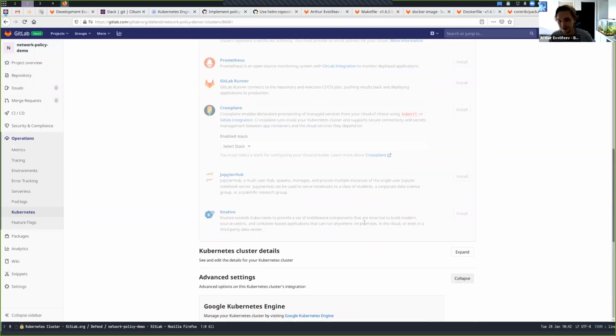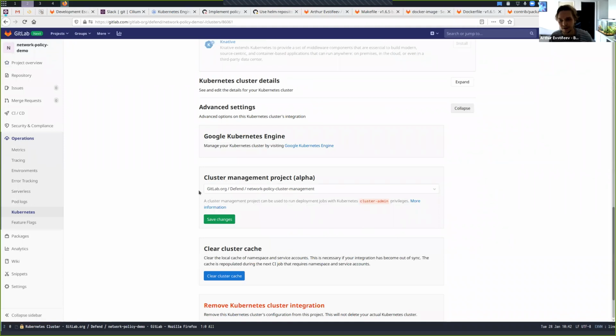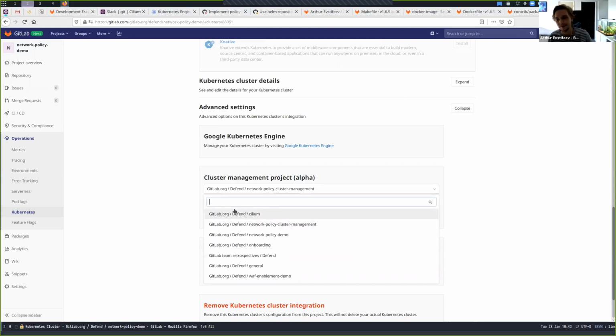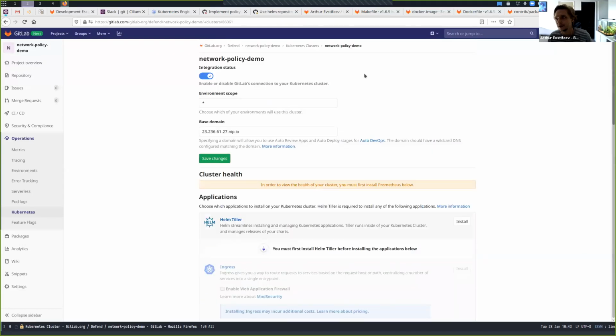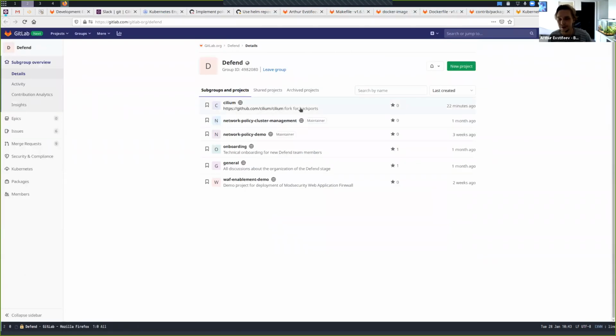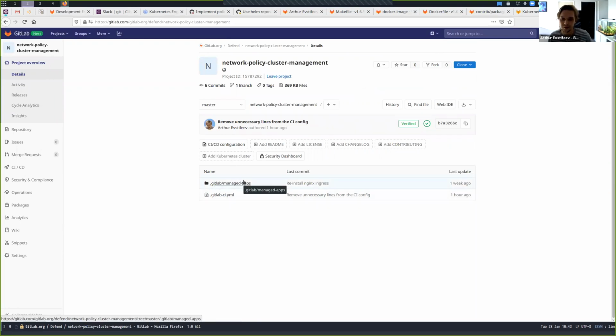One important thing to do is you have to assign a cluster management project to this cluster. You do this by selecting another GitLab project in this dropdown, pressing save. In this particular instance, I have already assigned a network policy cluster management repository to be a management project for this cluster. So if I switch to the management repository, this one,